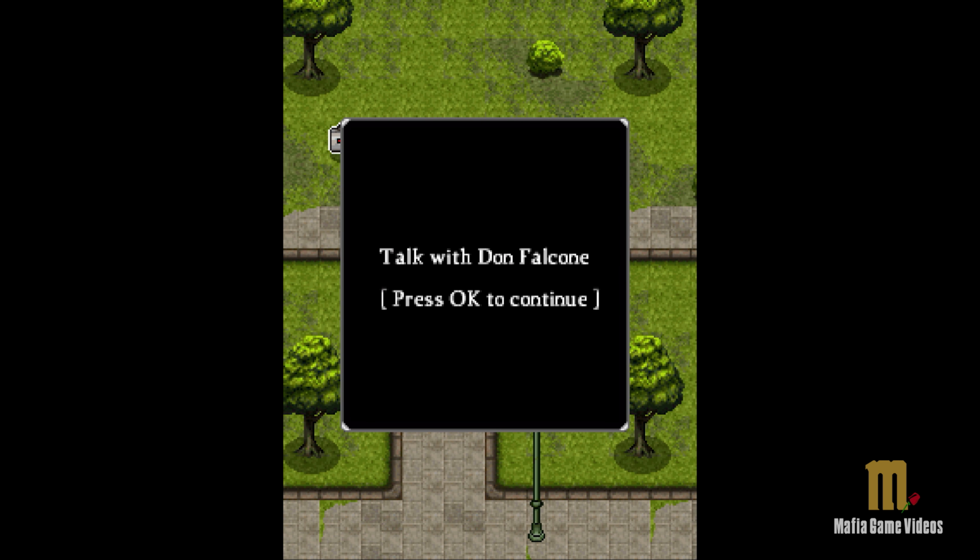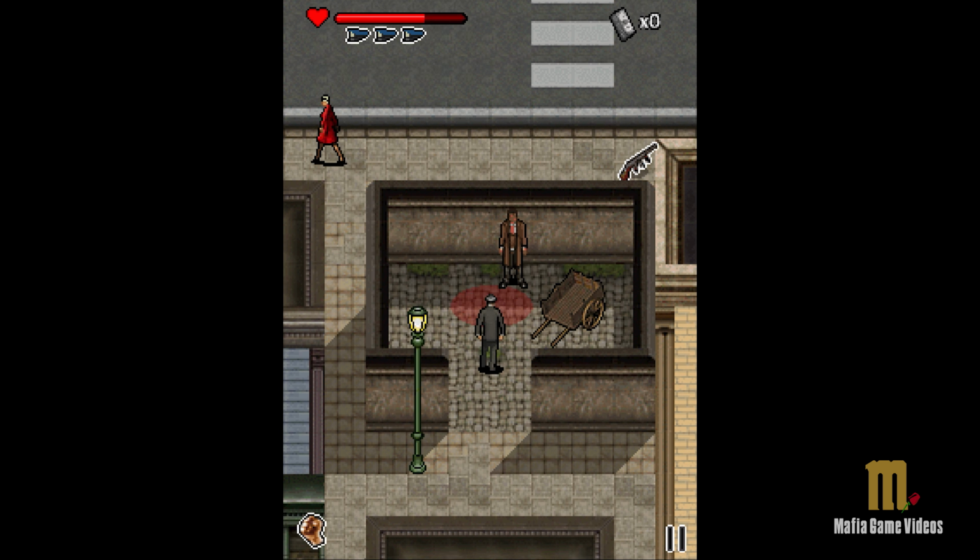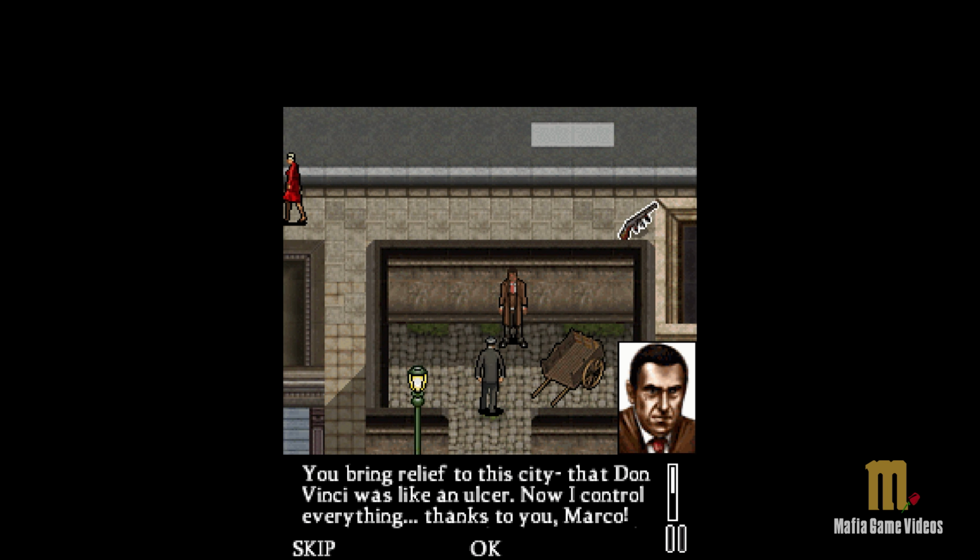Marco goes inside a building, room number 6, and uses a sniper rifle to whack Don Vinci. After shooting and killing Don Vinci, Marco rendezvous with Don Falcone, who tells him he now controls everything in Empire City thanks to Marco, and as